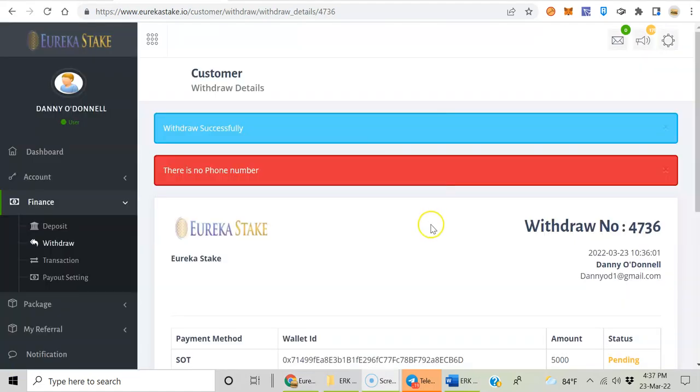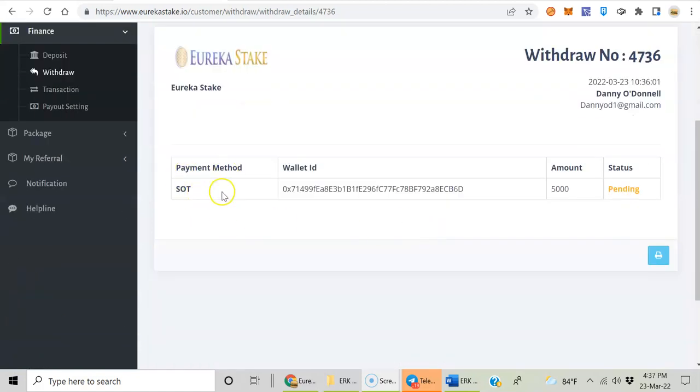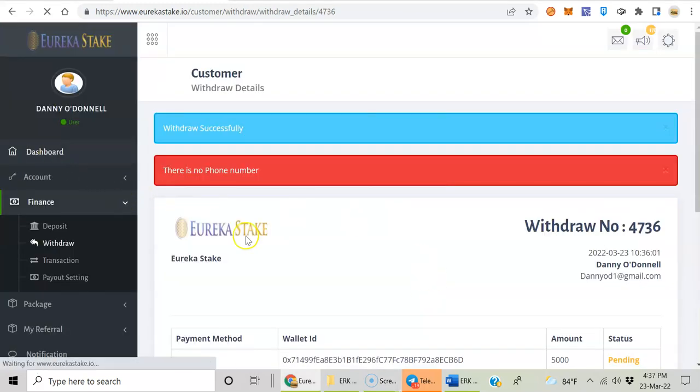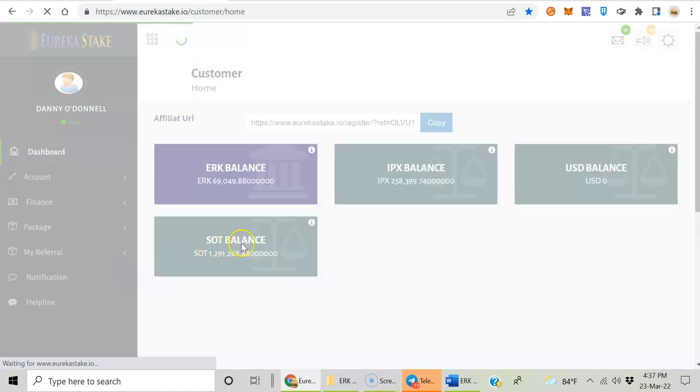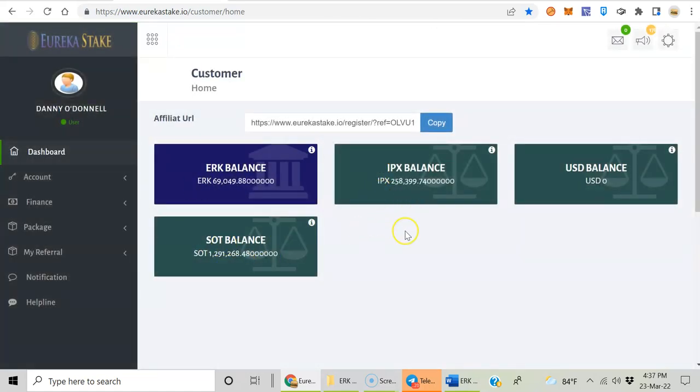It does say something about sending an email, but I don't think it does anymore. And boom, there you go. Withdraw details, payment method, SOT, went to that address, 5,000, and it's pending. So there you go, guys. You can go back to your dashboard again and check to make sure that all came off your balance. And there you go. That's how you send your ERK, IPX, and SOT. Remember, ERK can go to Eureka Smart Chain or Polygon, but IPX and SOT must go